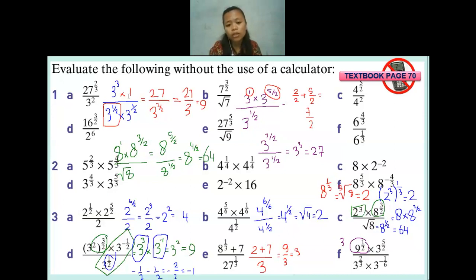I think it depends on the number, because sometimes it will be better if we power it first and then root it later. Sometimes if we root it first, we will have a smaller number, so it will be better for us to find the result when we power the number. It depends on the question. Both of them, the answer will be the same. There will be no difference if you square it first or anything.